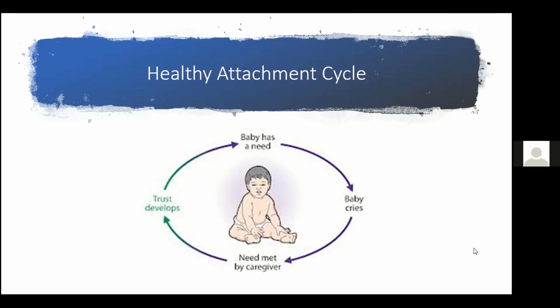And those needs will be of various forms. It could be a physical need, in that they're hungry or they're uncomfortable. It could be an emotional need, in that they just want a cuddle or want to be held. Or it could be a communication need, where they're looking to an adult, trying to engage in smiling, babbling. But the idea is that in a secure attachment relationship, the baby would signal that need to their caregiver. The caregiver would recognise that and respond to it, and through that response, that cycle and circle of trust develops.